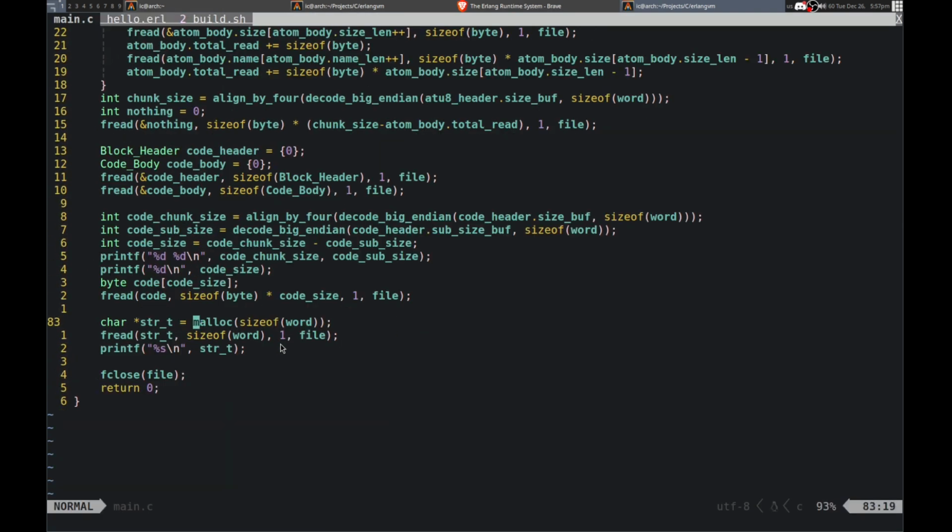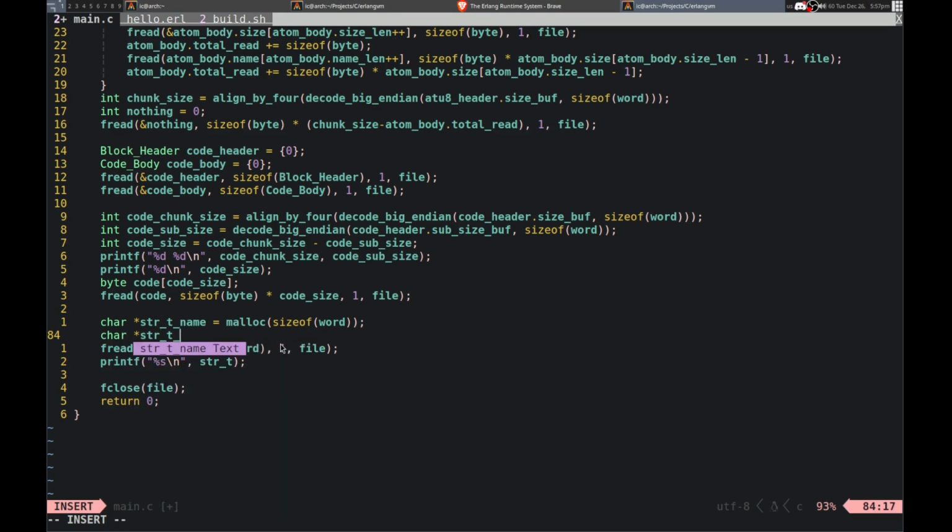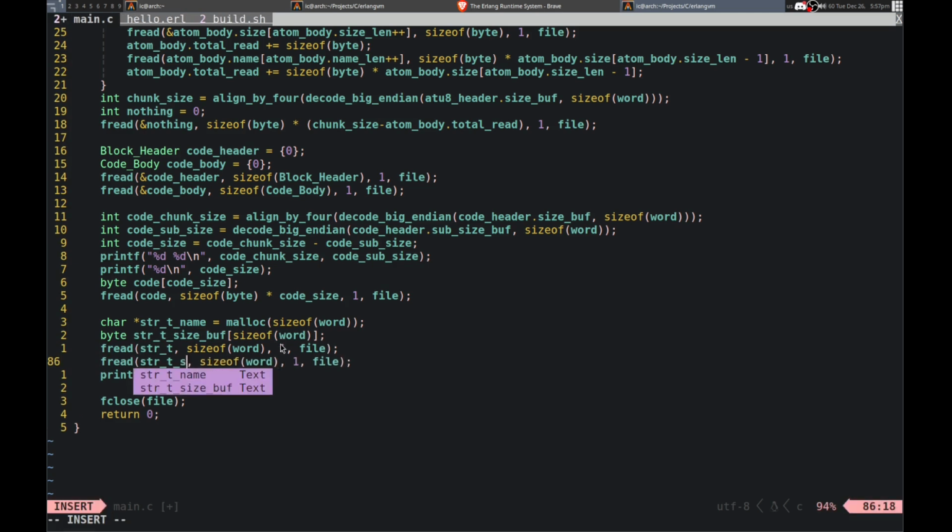So the cert name. Okay. Then we have the cert size. Cert size bug. Okay, and it is going to be just a byte array. That's word, okay, and then print it out. But decode it.